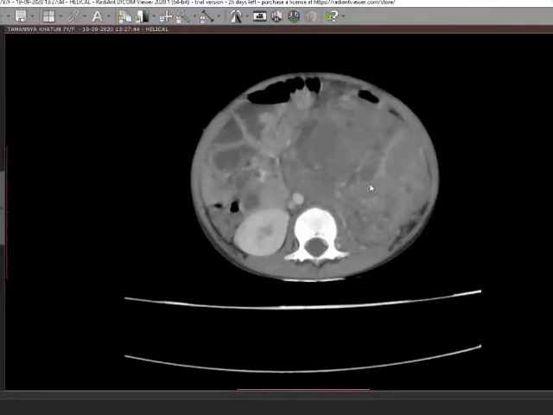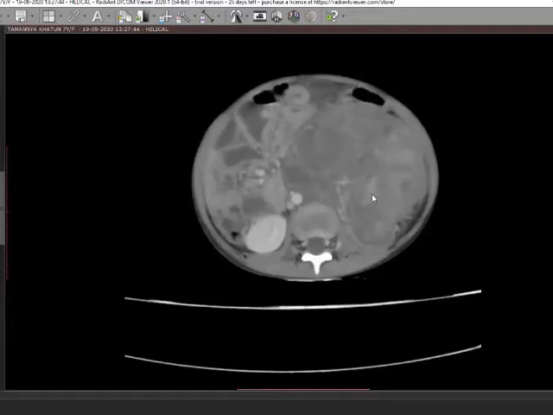So now what I would like to discuss is, I did review the literature a little bit. What would be the indications for an emergency nephrectomy? I would like to know from the surgeons, they would have seen a lot of children like this with Wilms tumor. Does this child warrant an emergency nephrectomy, or can we still have a conservative approach, give chemotherapy, reduce the size of the tumor, and then go ahead with nephrectomy? Would anybody like to take this question?